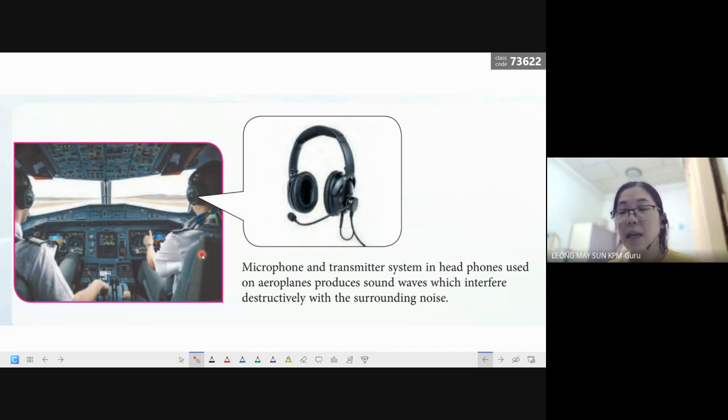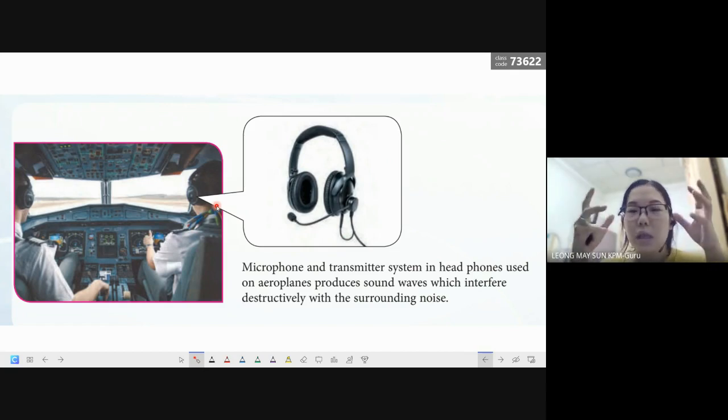Next is actually headphones. I'm sure some of you are on headphones right now. If you notice with some good quality headphones, when you're playing music and you take the headphones off your ear, you can actually hear the sound because of diffraction. But when you put the headphones onto your ears, you will notice that the sound is very loud. But if your friend is standing beside you, they cannot hear the sound or the music, or it is very, very soft.